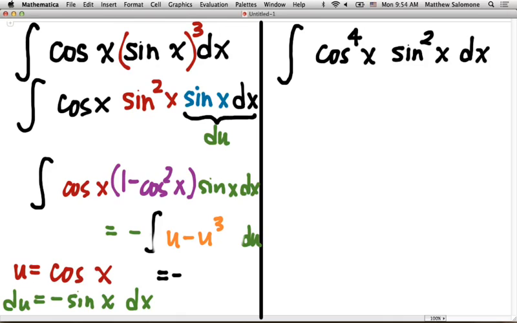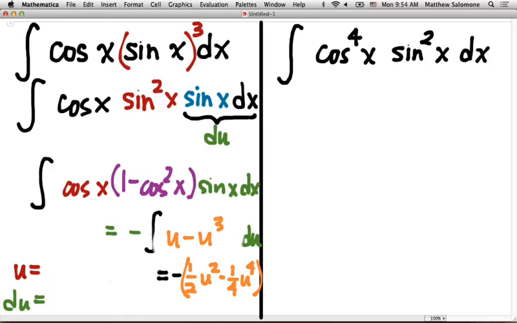So this antiderivative is 1/2 u squared minus 1/4 u to the 4th. And that was the calculus. Now all we have to do is resubstitute, right? Don't leave those u's in there. Switch from u's back to x's to find out that our antiderivative, all told,